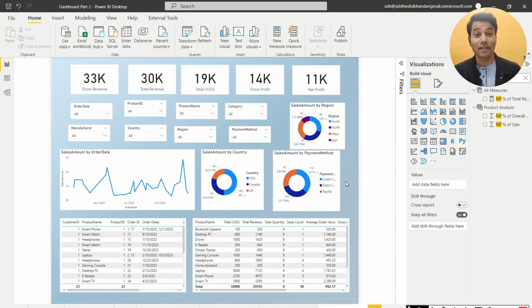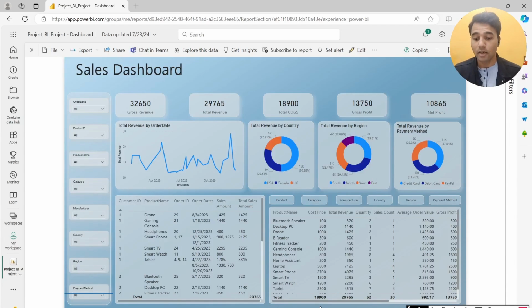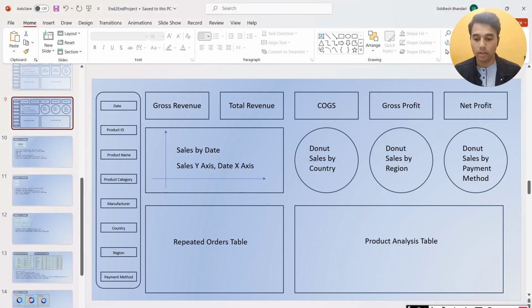My name is Siddesh and this is part 2 of the End to End DAX Project video series, in which we are converting the insights that we had gained after solving those business problems using DAX into a sales dashboard that looks something like this. In our first video, we had used this mockup